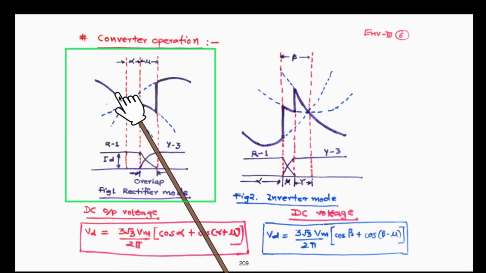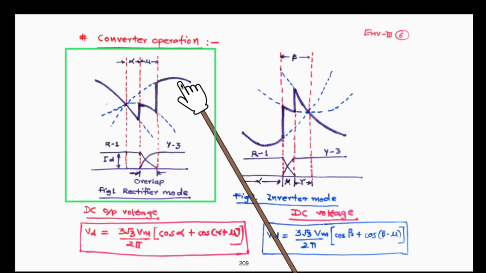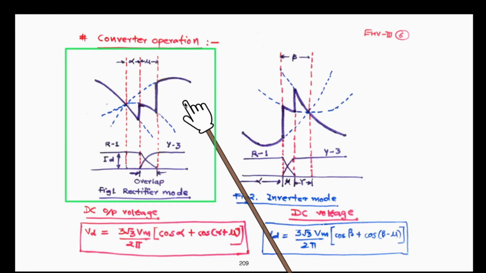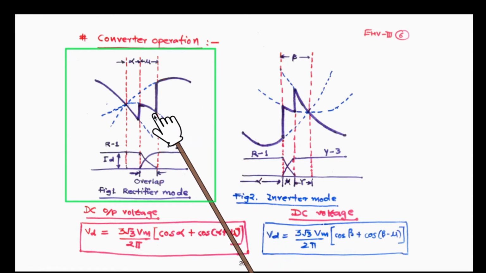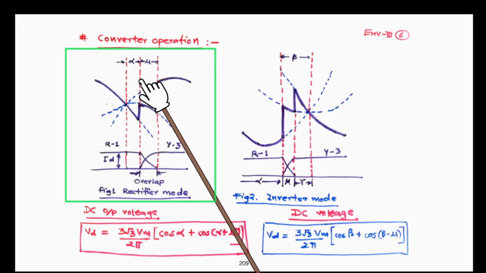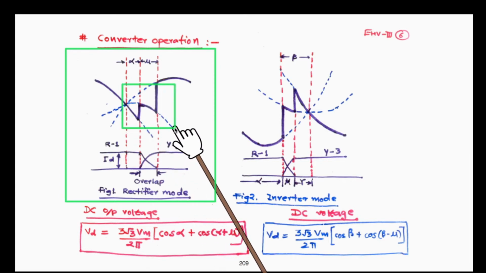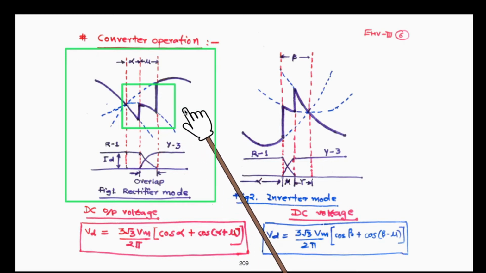The dark portion of this characteristic is the DC output voltage, and due to the firing angle delay and maybe the source inductance, this kind of pattern will emerge on the output waveform. Here averaging of the two line voltages will take place, mainly due to the commutation overlap.